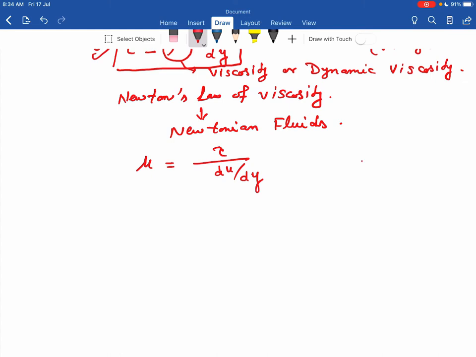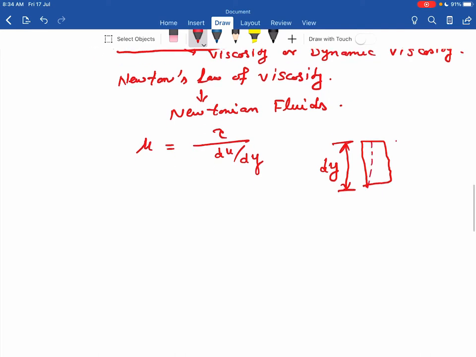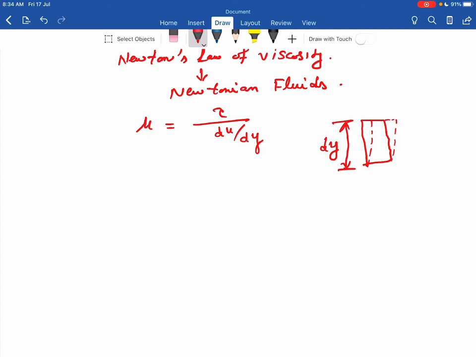If the upper end moves a distance du with respect to the lower end in 1 second, that is, this upper layer of the element moves by a distance du with respect to the lower layer in unit time,